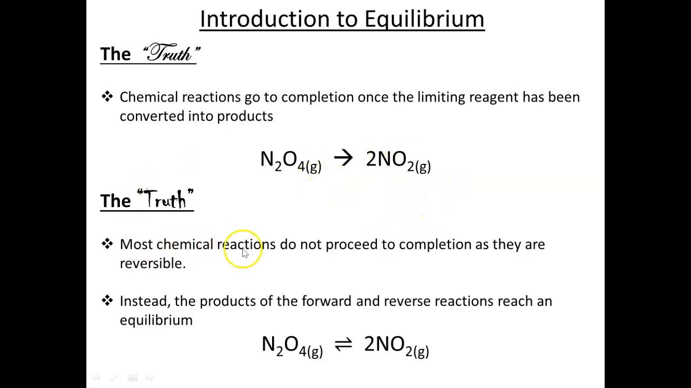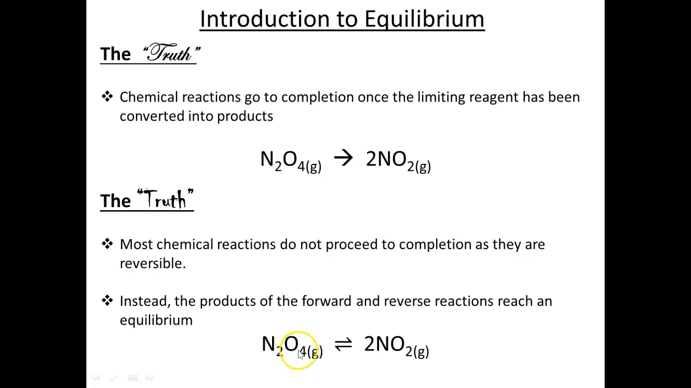In reality, most chemical reactions do not proceed to completion as they are reversible, and that's why we use this arrow over here, the equilibrium arrow, to show that both the forward reaction and the reverse reaction are possible. In grade 11, you were limited to just the forward reaction. We only focused on reactants being converted to products, but in actuality, products do have a chance to recombine back